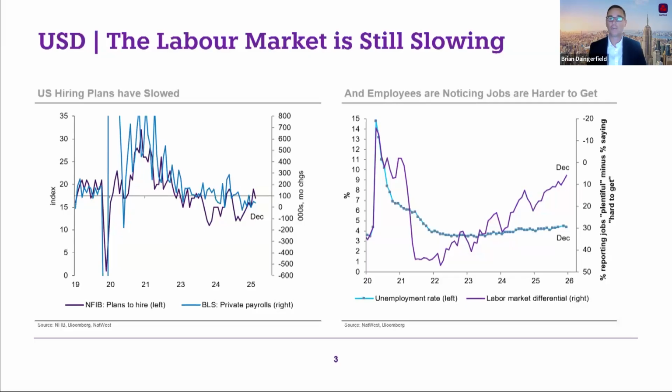And so the unemployment rate has not ticked up materially, even though you've seen such a clear slowdown. So I think it's right to say that this is probably the clearest downside risk to the US economy, that the labor market has slowed. Can you move to the next slide, please?